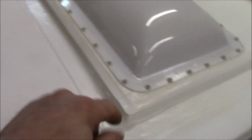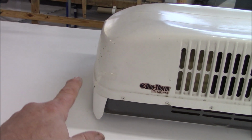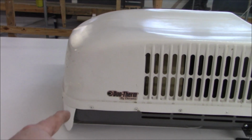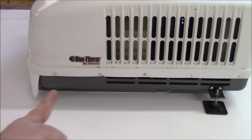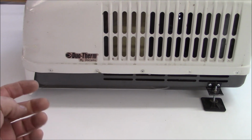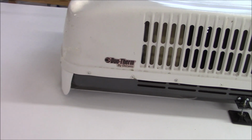Now on the AC, it does have one of these counter flashes like this. It does on there. They all have them. But on the AC, the issue with it is when the water comes down this way, there's a foam gasket up inside there, and what will happen is the water will trickle back and get in, especially on the front side there. It'll get in, and even though you have a gasket on there,